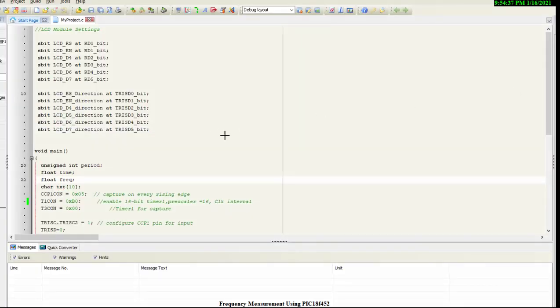Now this is our code. I have followed the same steps as discussed above. I have used timer 1 as a base timer for the CCP module in capture mode, and suppose this is our pulse. Before turning on the timer, I have polled the CCPIF flag so that whenever a rising edge occurs, the CCP capture mode will capture this event.